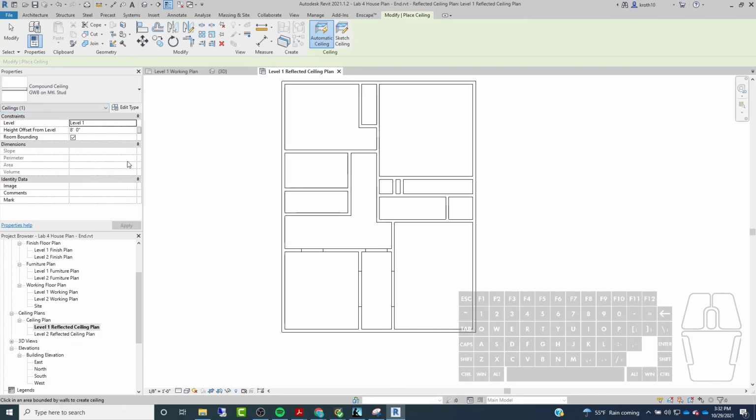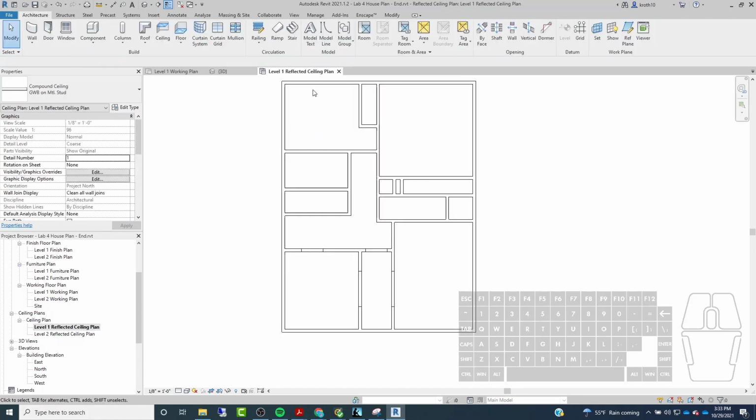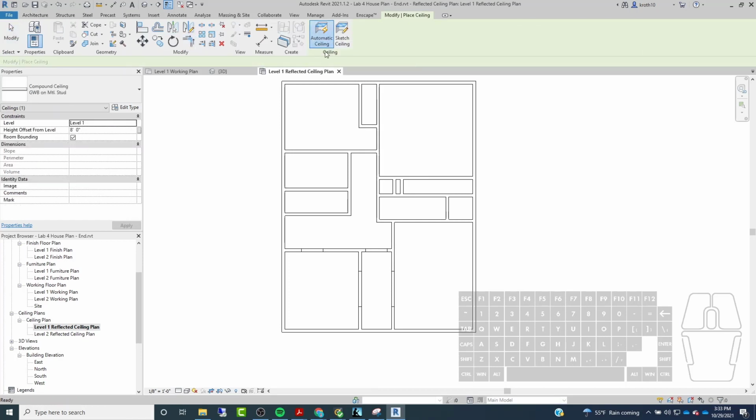Now you can do this in two ways. You can either sketch the ceilings in using the sketch tool, or you can use the automatic ceiling, which in our case that'll probably be fine because everything is really clearly defined. So we're going to create a gypsum wallboard ceiling like they have here, and you're just going to add a ceiling to every single room. All right, so you can just basically go through here and click and place these. Now, something that you have to keep in mind though